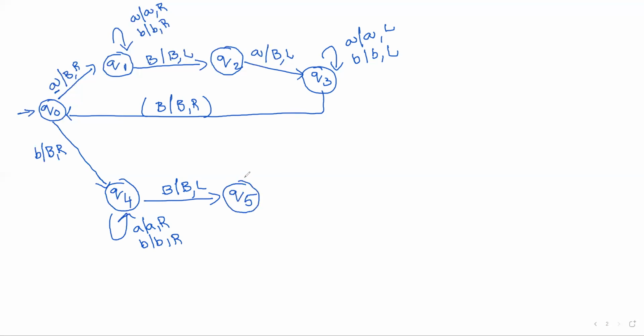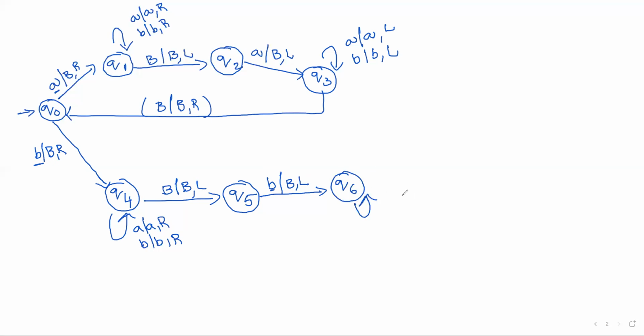Now Q5. When we are moving to Q5, whenever we are receiving a blank symbol, here what is my input? Here I am starting from B, so the last symbol must be B. If it is B, then we replace it with B and then move in the left direction. Suppose on state Q5, if you are receiving an A, there is no transition. There is no transition in the sense there is no halt state, so simply the string is not accepted. You got the point? Simply we are moving into a state Q6.